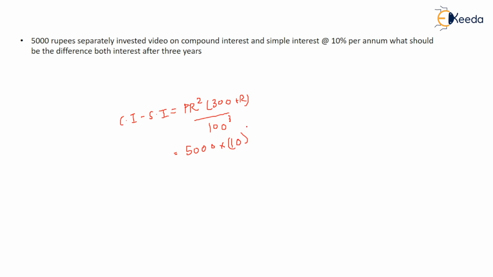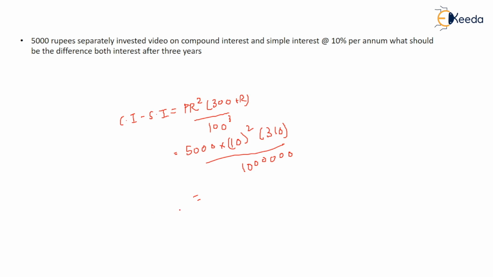So 10 square, 300 plus 10, that is 310 upon 1 cube, right? This comes out to this much. After multiplying all this, that is 5,000 into 100 into 310 divided by 1,